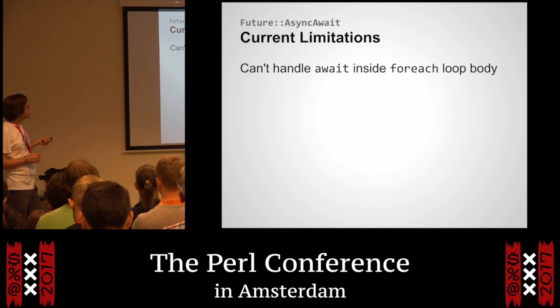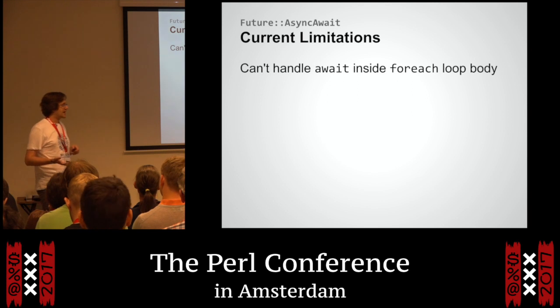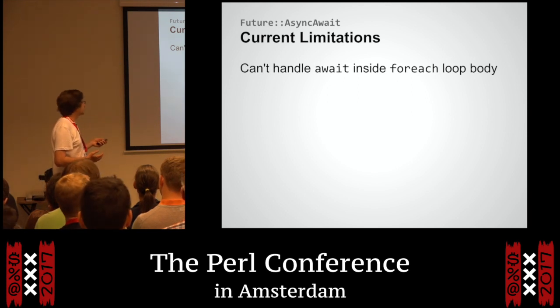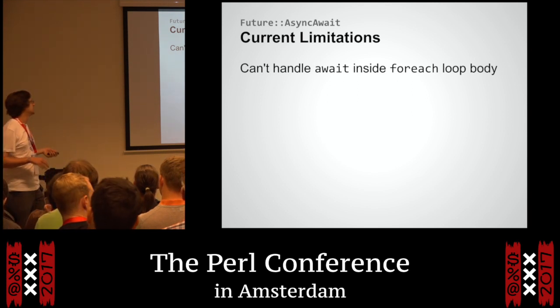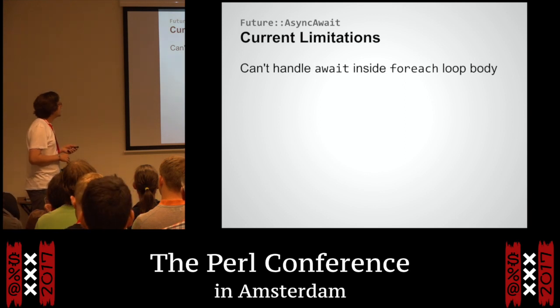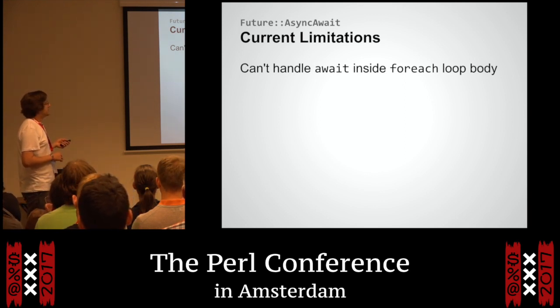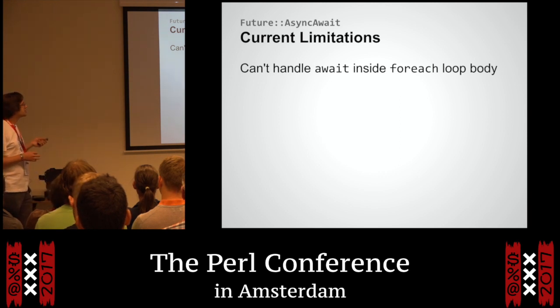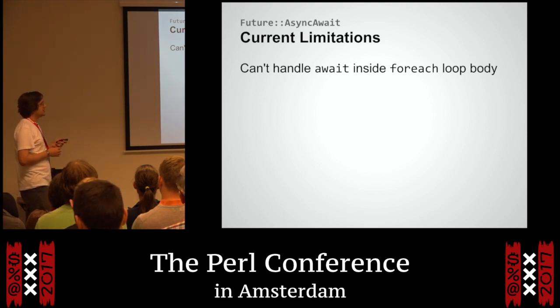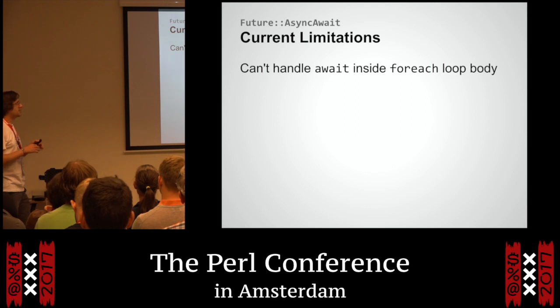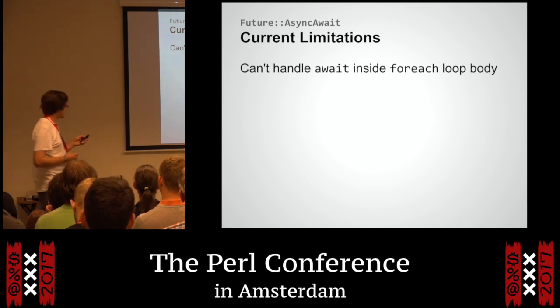And so if you await inside a foreach loop, I have to be able to remember all of that state to restore it back later on. So I haven't implemented that yet, just because it's lots of lines of code. I'll do it at some point. It's not hard, it's just tedious. That said, you can happily have a foreach loop inside an async function, as long as you don't put an await inside. So if you wanted to await, say, a page to arrive over HTTP, once the page has arrived, you can happily foreach over the contents of that page, provided you don't want to await inside there. So that will work right now.